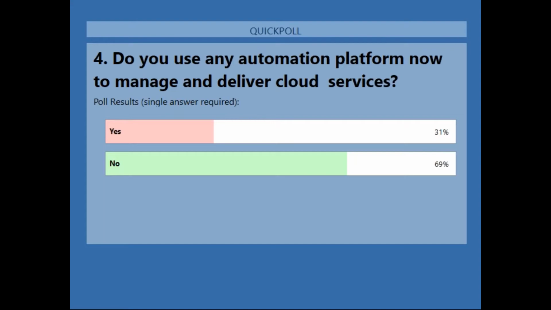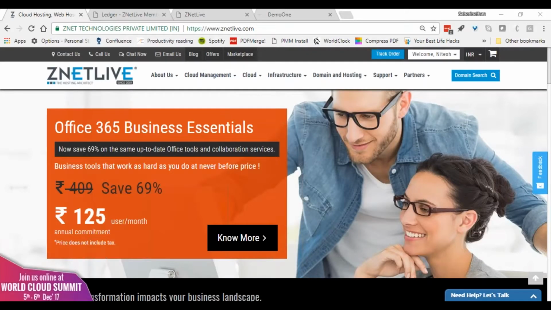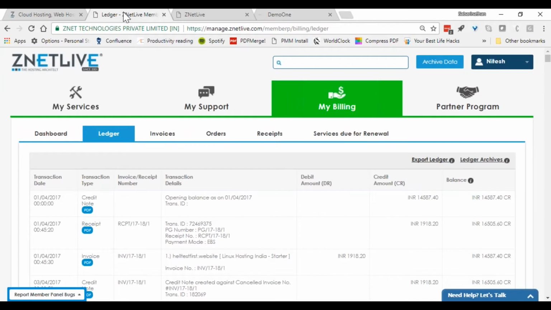So I'm conscious about time. To summarize what we have looked at so far, we looked at the purchasing capability of a customer, where he can make a purchase online to be able to get his services provisioned. Then we looked at the customer self-service capability, where he's able to perform all functions without much hassle, without troubling the CSP that much. This is again where RackNav differentiates itself, right?